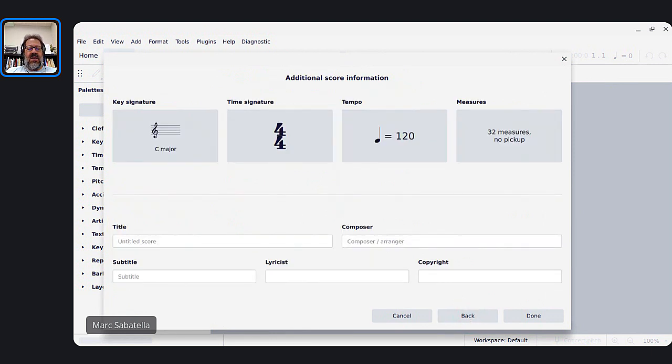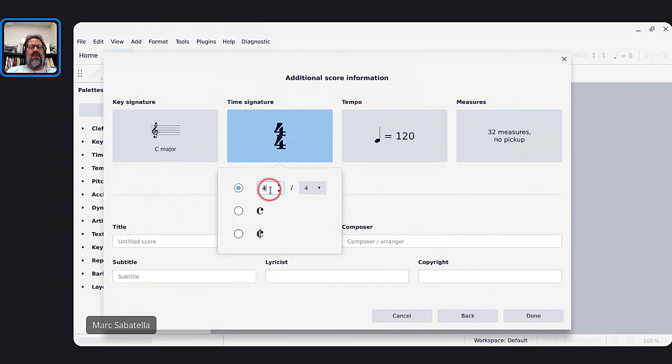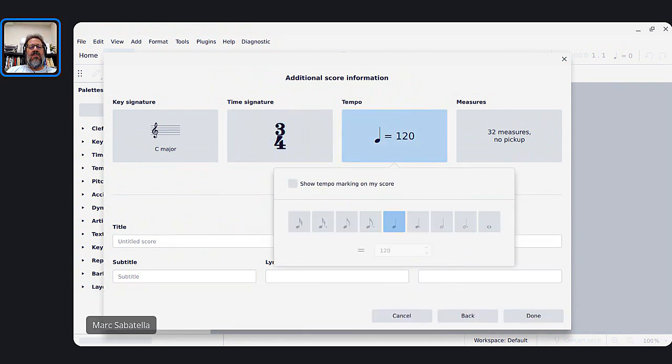So the next screen here, if you remember, there used to be a key signature section and then also a time signature section, and the tempo control was somewhere in there also, as was other stuff. But now all of this is in one dialog. The key signature and the time signature and the title and composer is all in this dialog. So now I can pick, yes, I want C major. I want 4/4. Let's do 3/4. I never do 3/4. You pick a tempo here, and then you pick,